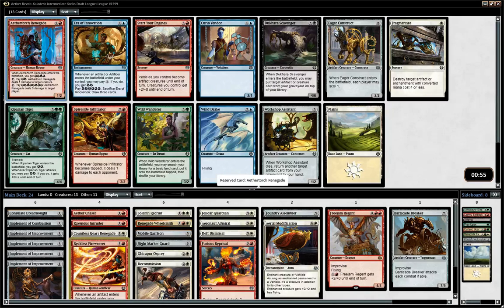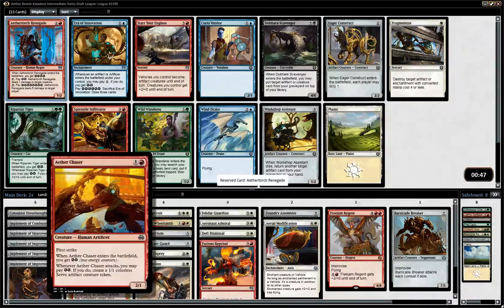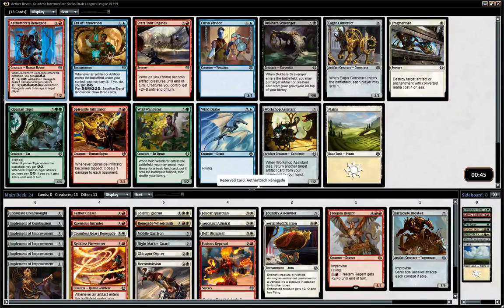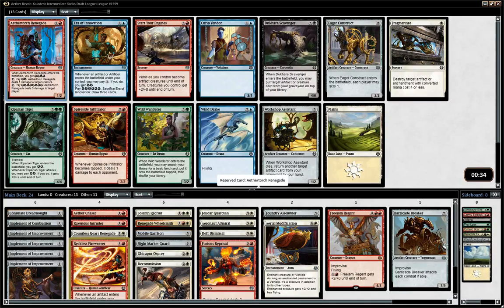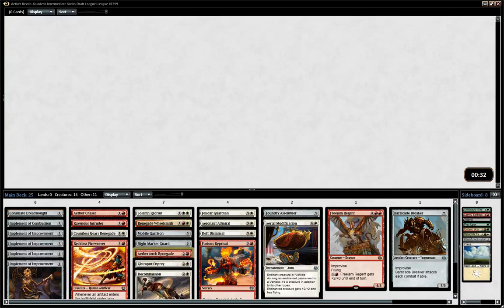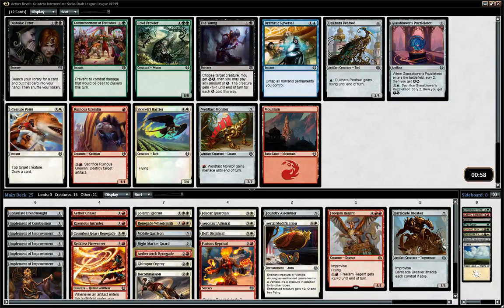There's generally enough things for a pinger to do in this format. In our deck, you can see a lot of these things that I'm happy to have a pinger to deal with. Plus we do have more ways to rebuy energy. We could Felidar Guardian, yeah. We can flip it and get the double on it. That's right. So we might be able to deal 6 damage to target player by...